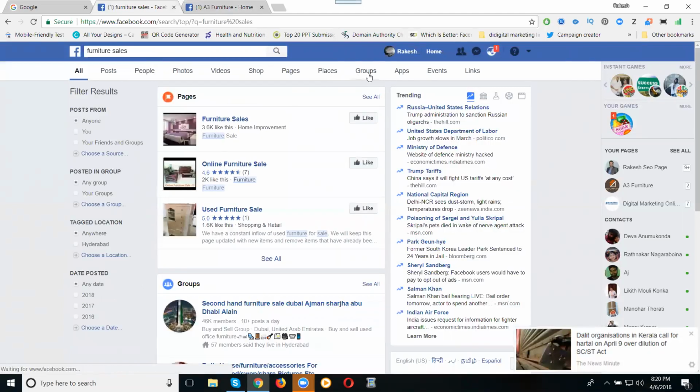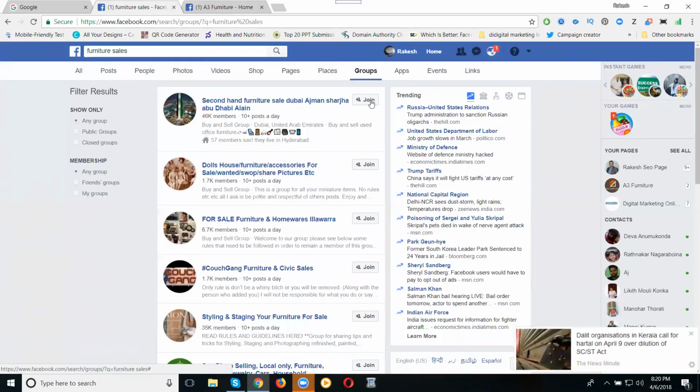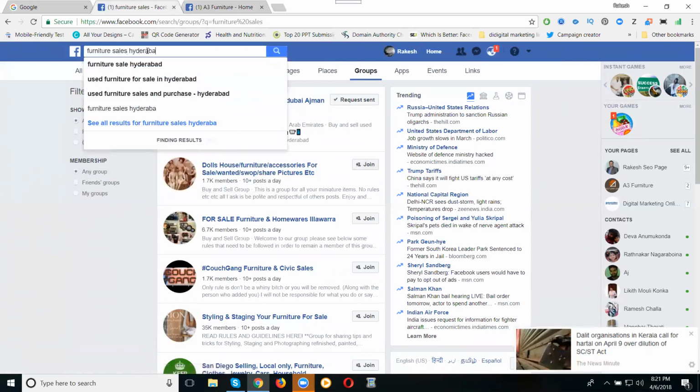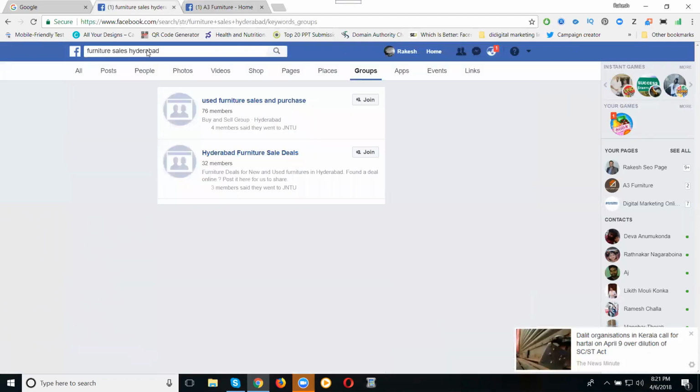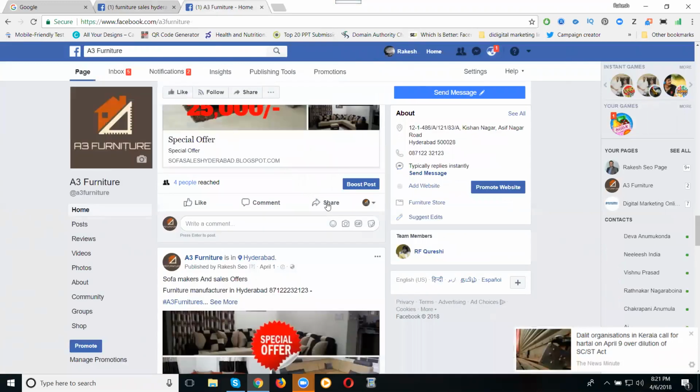Now we'll go to the groups. Click here. You can go with this furniture sales in Hyderabad. My business is only for Hyderabad. How many groups are there? Only 2 groups. But a common group is Spread the News. What is the common group? Spread the News. Now click share, share,